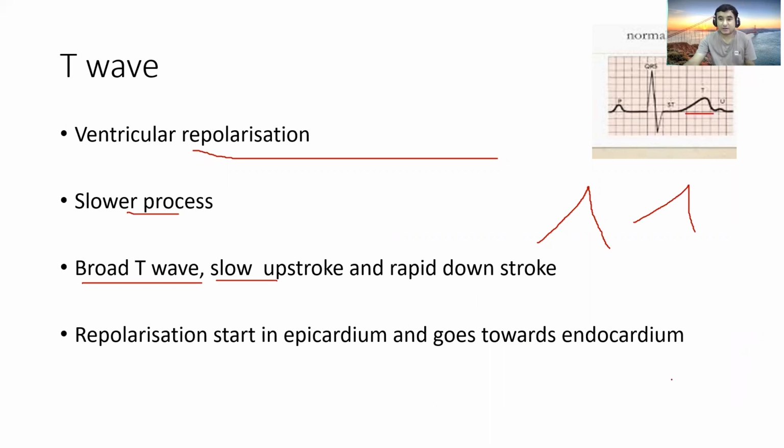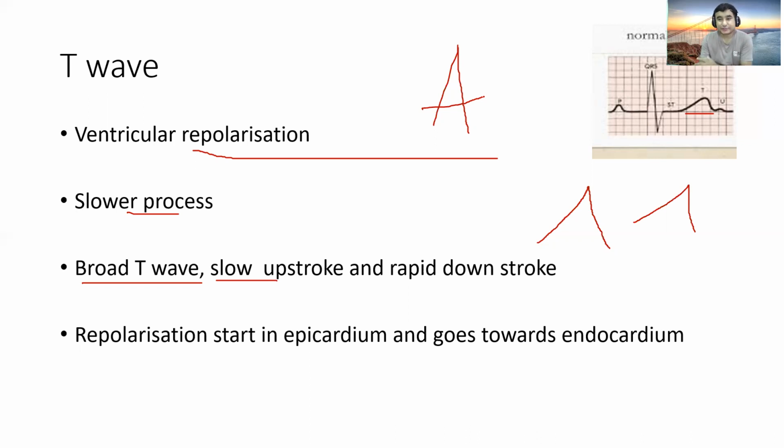If the T wave is like this, this is the problem. If it is tented, this is the problem with the T wave. You will get this type of tented T wave in a patient with hyperkalemia, or sometimes even in myocardial infarction. So the T wave has certain morphology that we have to understand.